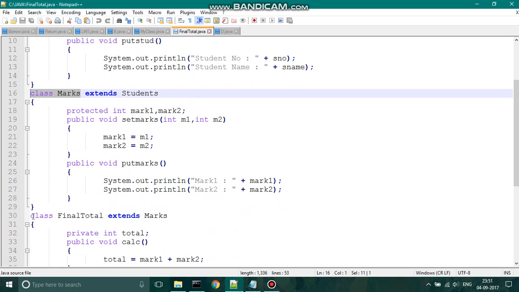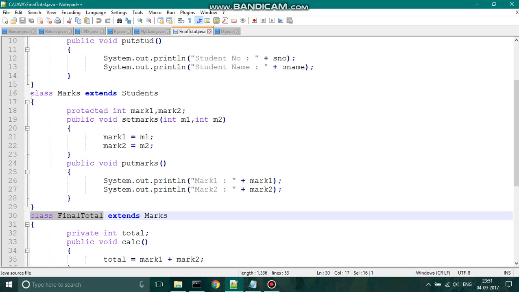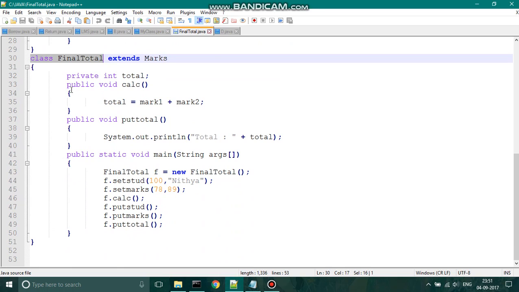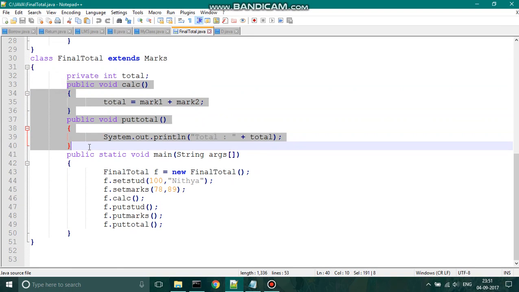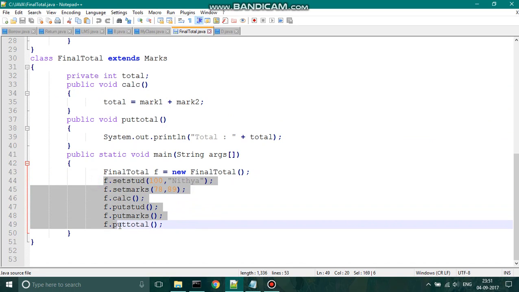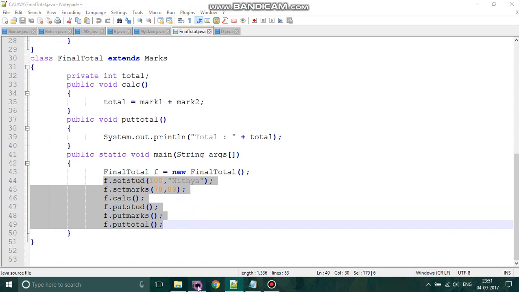But now, in the case of class final total which extends marks, marks becomes the base class for the class final total. Each has its own methods which are used within this, and an object is created for the class final total and all the methods are called within this. Let us run this code and see the output.